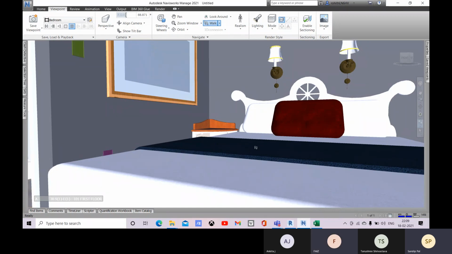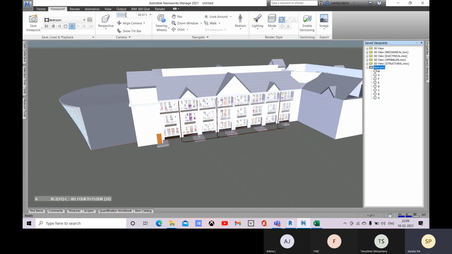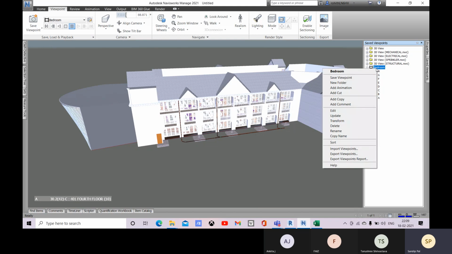So can we adjust the speed? Yeah, we can do that. There you have these saved viewpoints. Okay, select this, right click, and then you can change all of this.